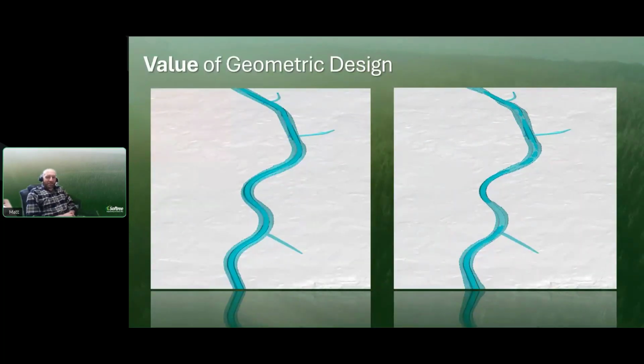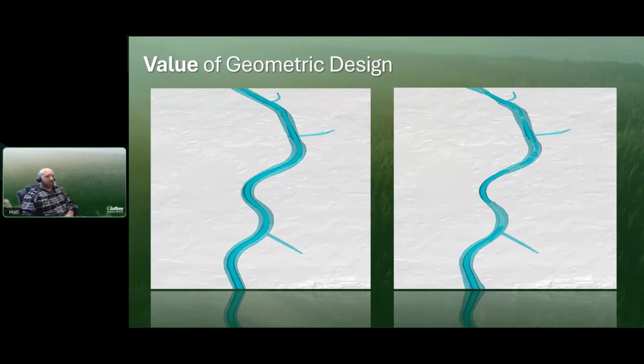Now, it doesn't have to be this big dramatic difference to have value. If we look at this much subtler example, both horizontal alignments are the same here, on the left and the right. At a glance, it's not necessarily clear which one's better. But when we're modeling surfaces for our roads, we can incorporate other tools to make a more informed decision. We could just ask which one of these requires less dirt to move, and that's going to be useful.